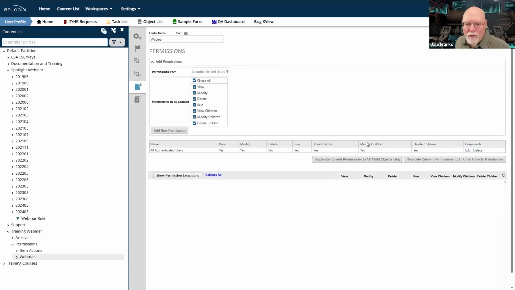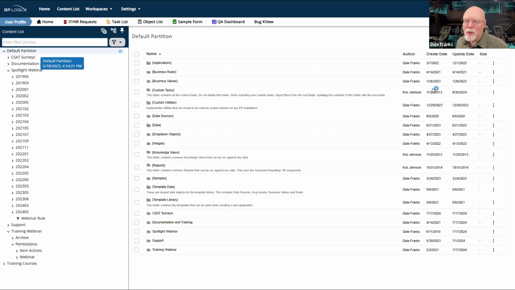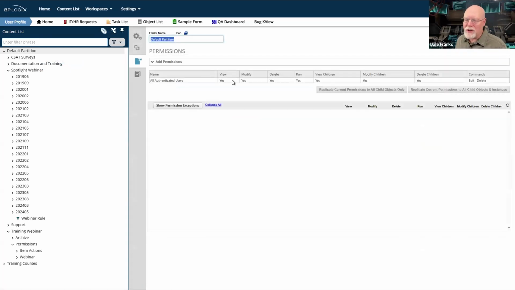So what I would probably do if I was setting up a system de novo is go right up here to my partition root, and I would go into the partition root. And as you can see, I have very loose permissions on the system. What I would probably do is go into the default partition, or whatever it's called on your system.